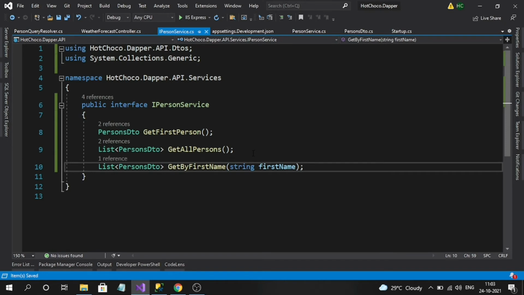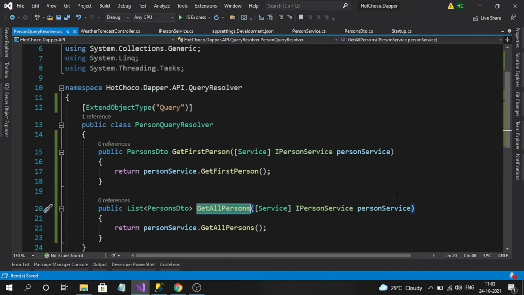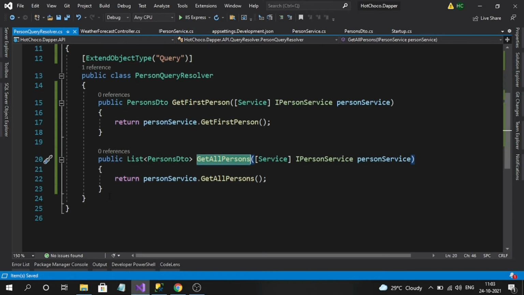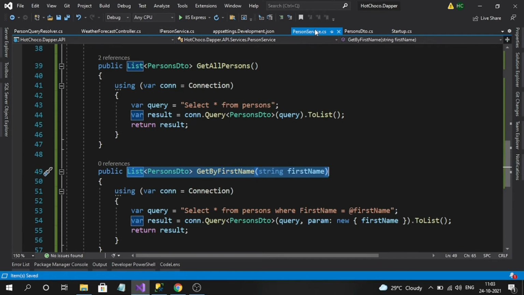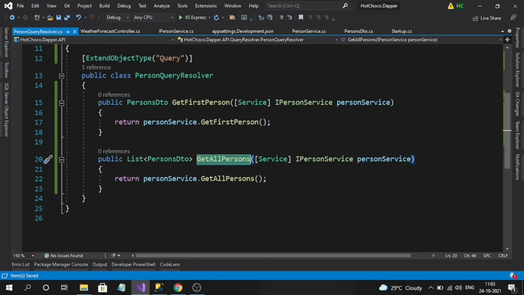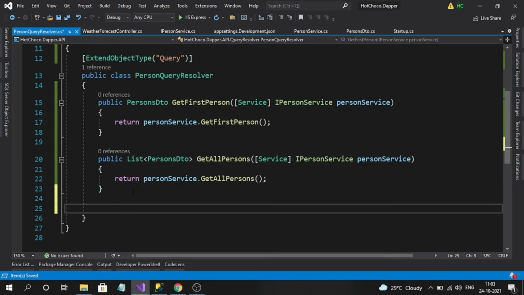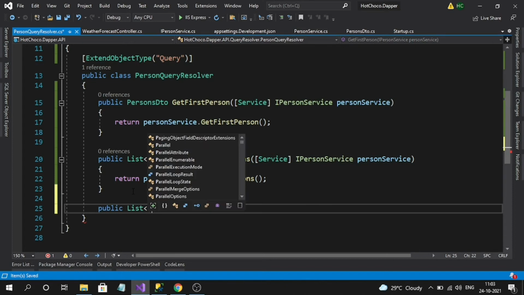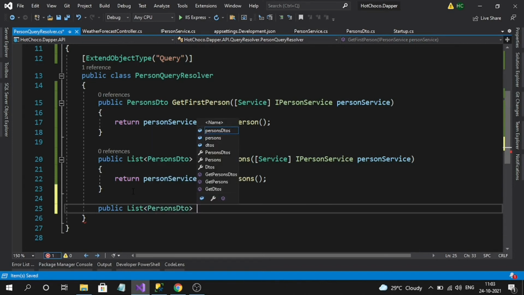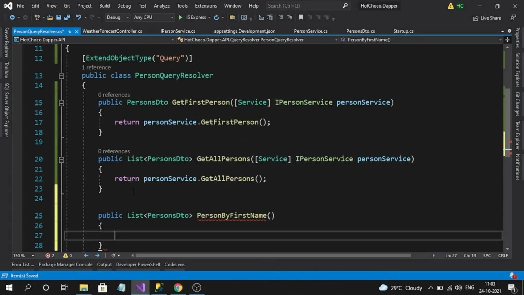Okay, we have defined it. So let's create a resolver. Let me create a method like PersonDTO, and I will name it PersonByFirstName.